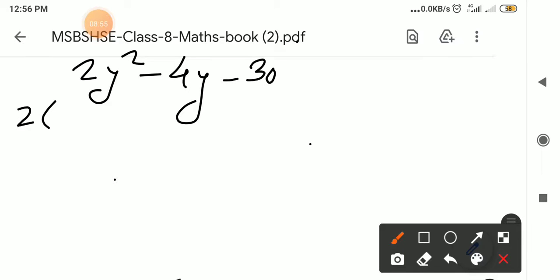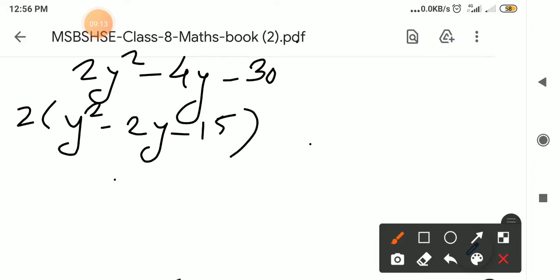Now what is remain? y square minus 4y minus 4y, and this example I will show you, 2 gone outside, so here remains 2y, and here minus 15. Now 15's factors for 2, because y square doesn't have the coefficient, so 15's factors for 2 are the 5 3s are 15. So subtraction of this both is the minus 2. So bigger number will get minus sign and smaller will get the plus sign.